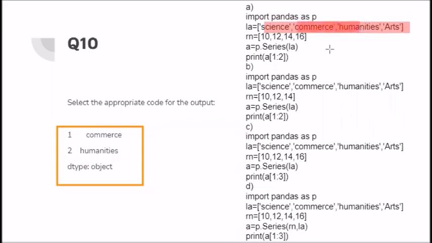These two we are supposed to pick. Now the problem is that in all four cases we have commerce and humanities given at the appropriate place. Now let us see where we can pick 1 and 2.